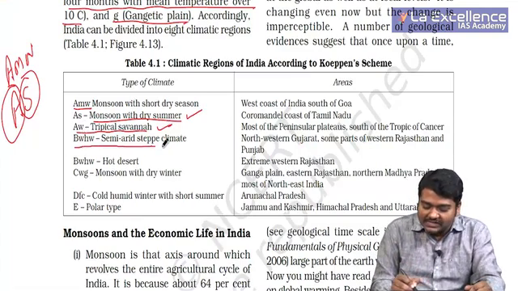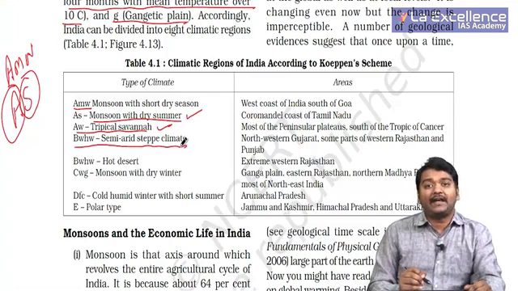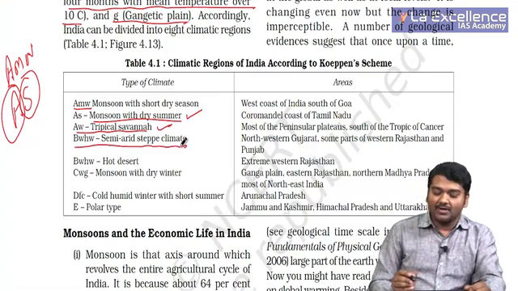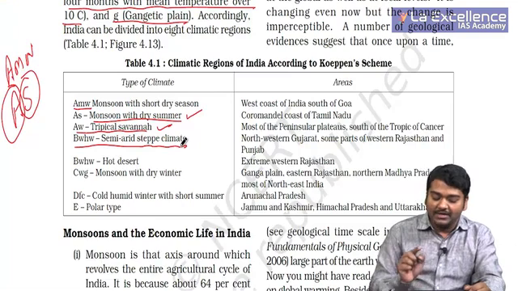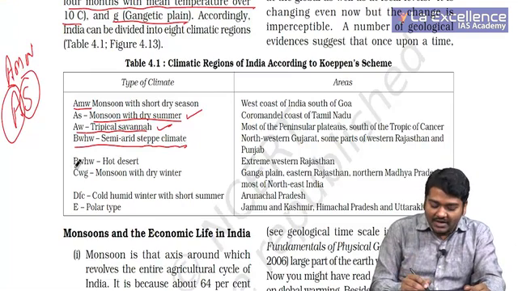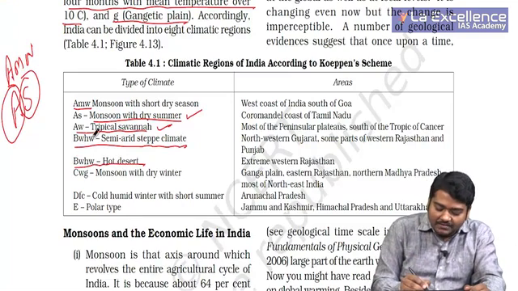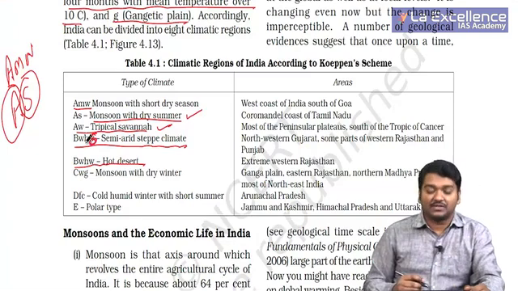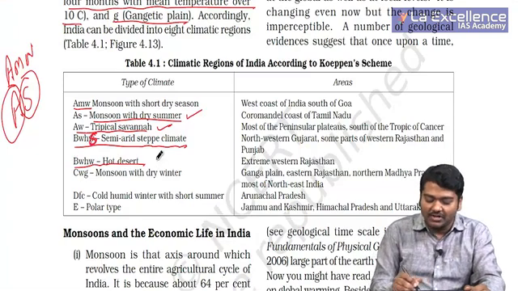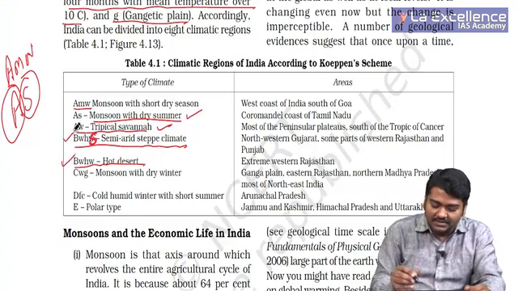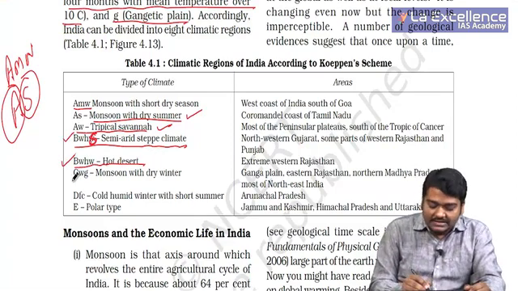BSHW, semi-arid, steppe type of climate, that is we are talking about grasslands but they are a bit cool. And then we have BWHW, you have to change it. S stands for semi-arid, BWHW is hot desert. Then you have CWG,